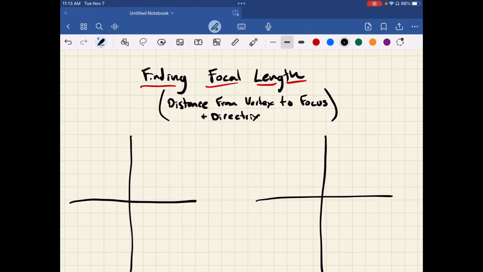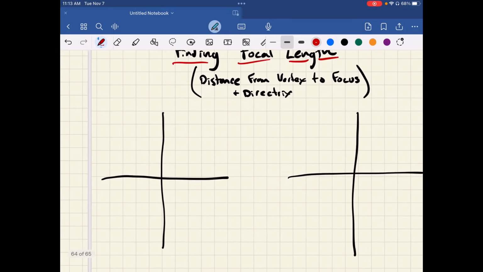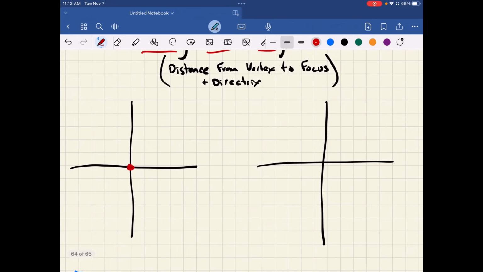In this video, we're going to talk about how to find the focal length, okay? And the focal length is how far it is from the vertex to the focus and to the directrix. So let's start off by drawing a parabola so we can define what all those parts are. If I look at this parabola right here, we should know that this spot right there